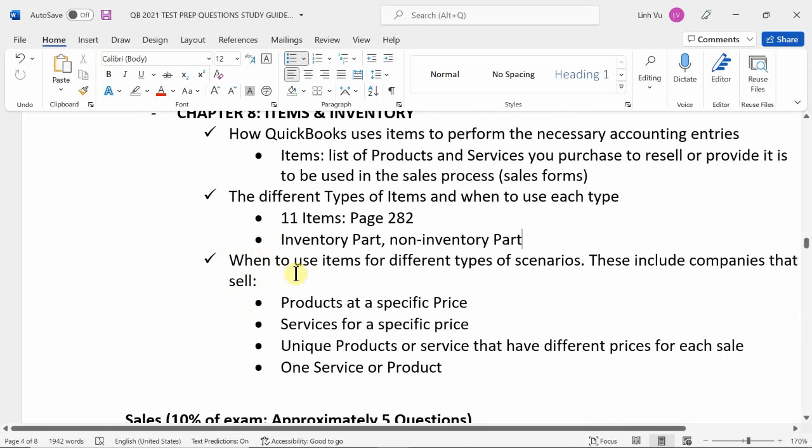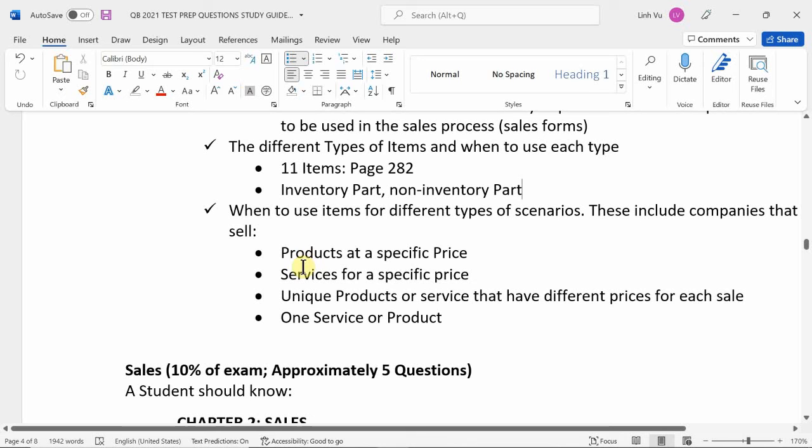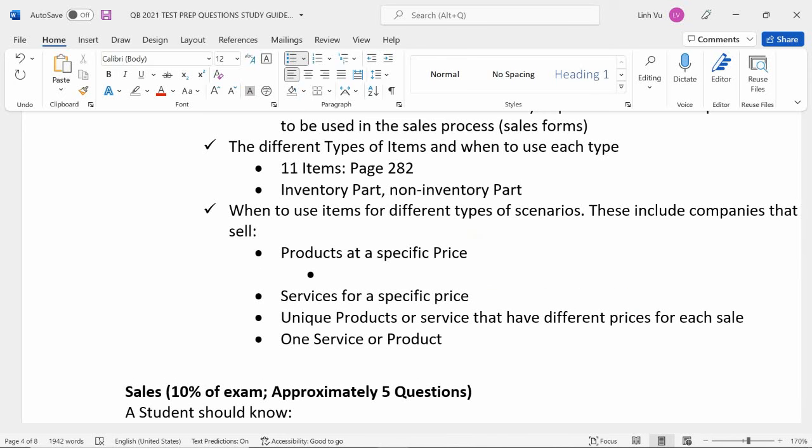So, when to use items for different types of scenarios. For example, when do you use an item for products at a specific price? What kind of item would you use if you're trying to sell a product at a specific price? Discount item is a calculating item that allows you to apply a discount. So if you sell a product at a specific price,